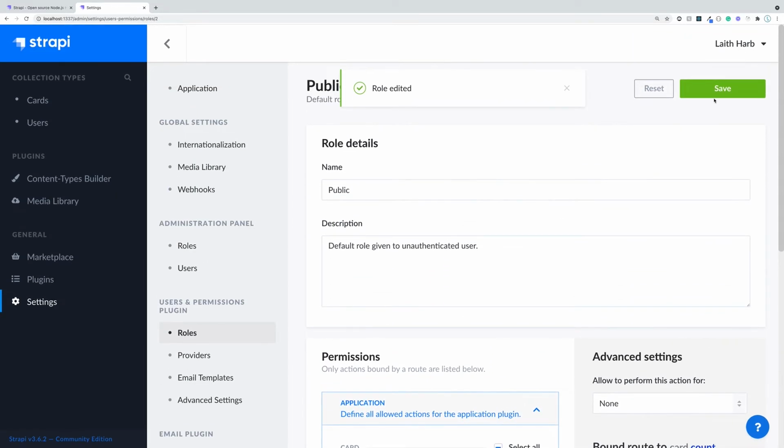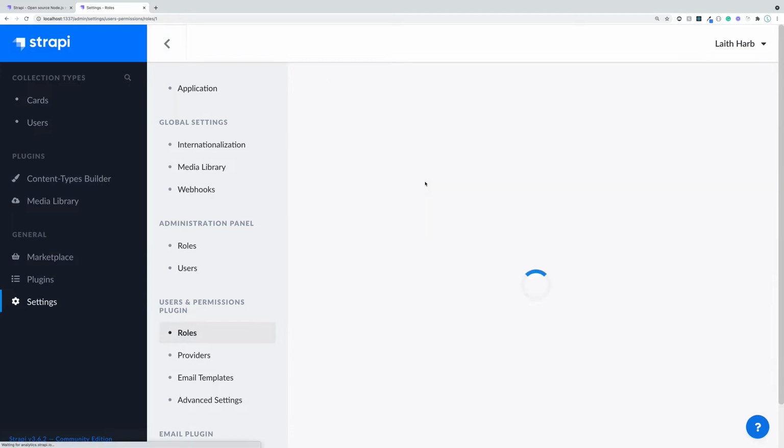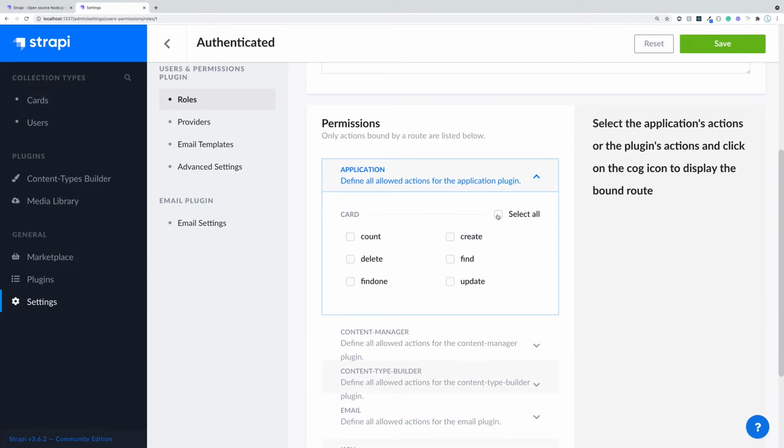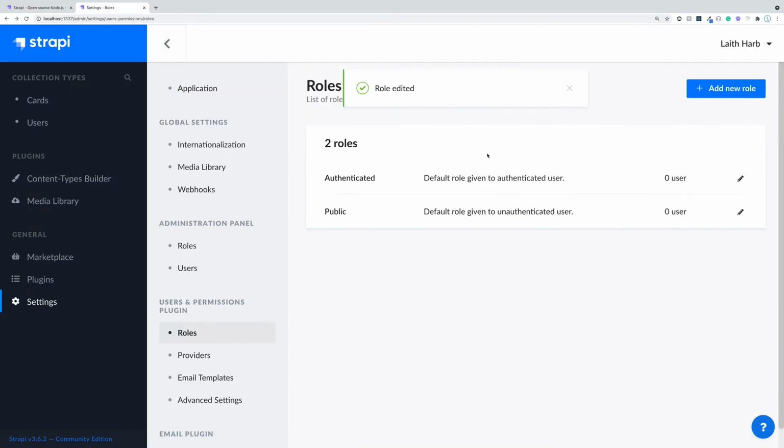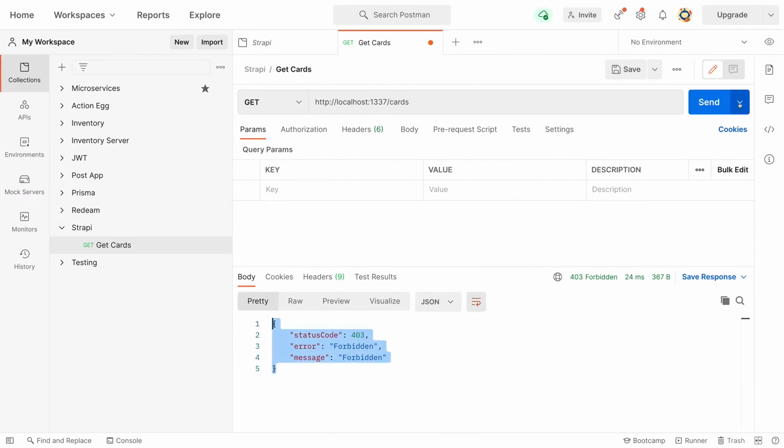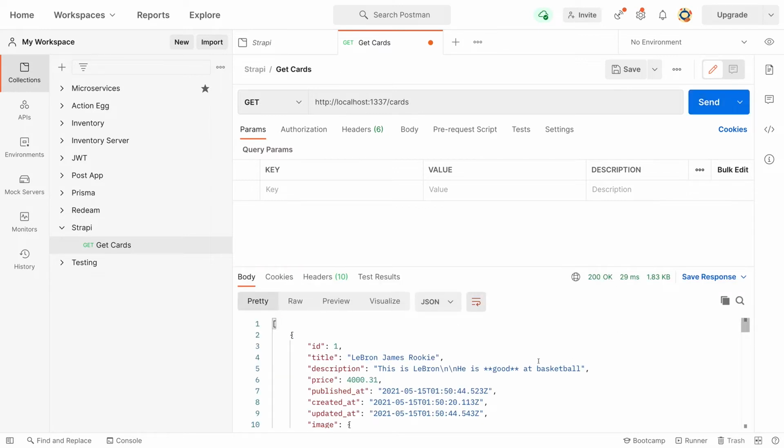Now this is the general public. However, an authenticated user, we might just want them to do everything. We might want them to create cards, delete cards, and update cards. We don't really care. So we can save that. So right now, this is an unauthenticated request. So essentially now what we're going to do is send this off, and now you can see that we